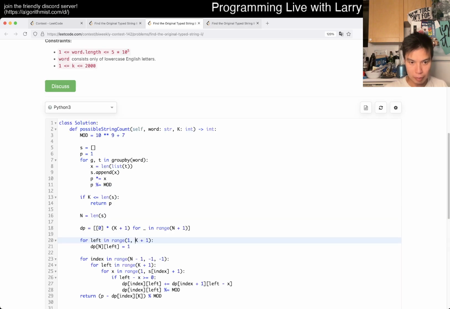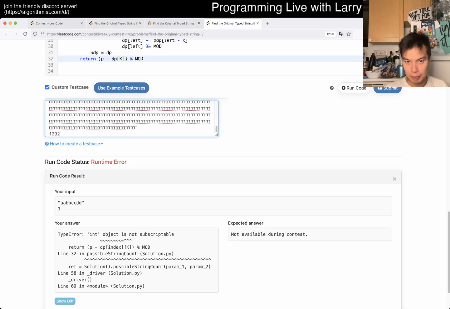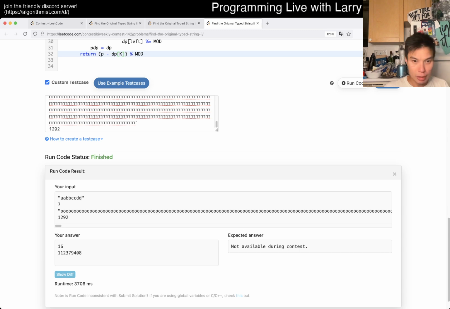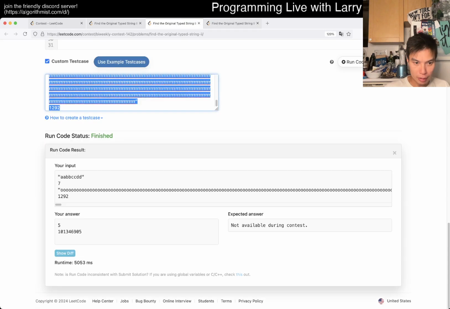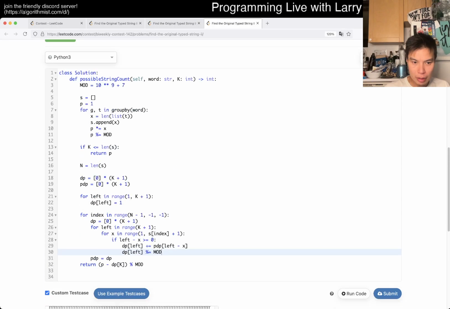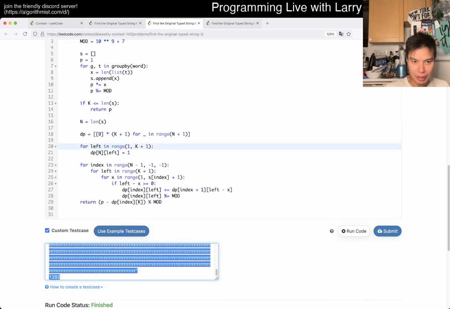Oh, I'm supposed to put in this ridiculous case. The answers are different, off by a little bit. Why is that? That's not great actually.